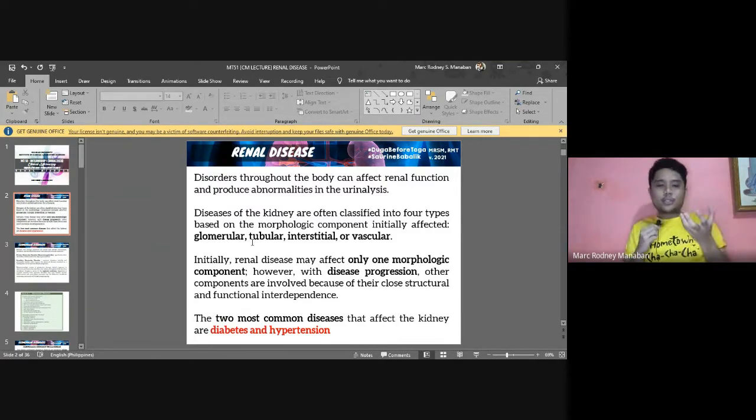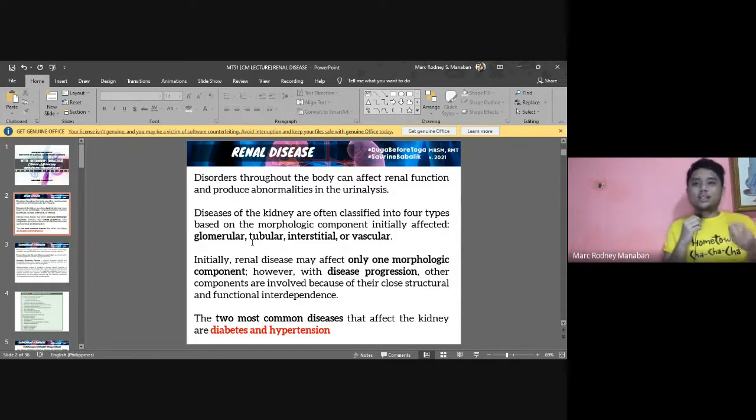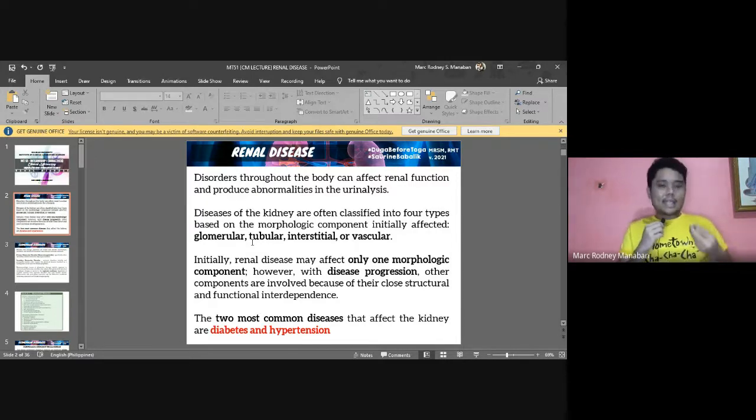So in the urinalysis results, you can see different abnormalities or different possible clues as to what disorder the patient is having. That's the importance of urinalysis. That's one of the reasons, if not the primary reason, why we are performing urinalysis. It's because we can detect a lot of abnormalities, not only from the kidneys but also of the whole body, when we look at the different results in the urinalysis. That's why we perform urinalysis.